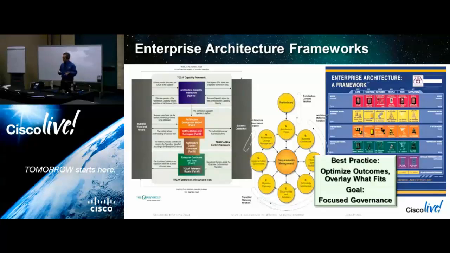On the other side is Zachman. It's kind of like who does what to who. It's a taxonomy. What do you deliver? What do you get from this? What does it look like? There are a lot of frameworks out there. What you need to do is understand your own culture, understand what works in your culture, and then overlay what fits. Because you need to have focused, informed governance, having the right conversations with the right people at the right time, making the right decisions that they actually can have a span of control to action upon.